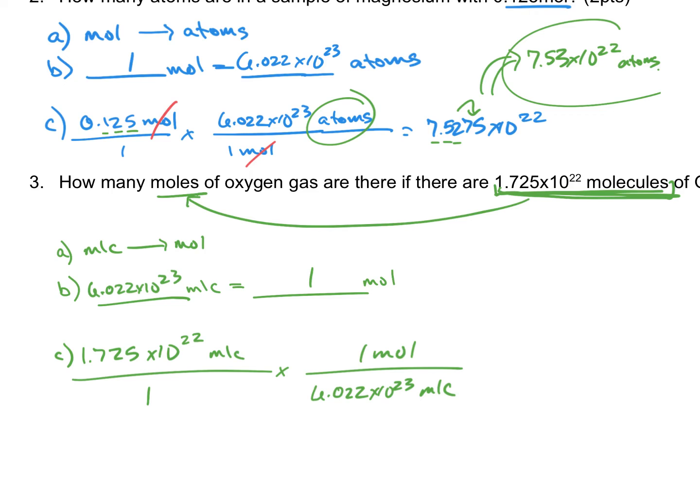times 10 to the 22nd divided by, now a lot of people are going to make mistakes on problems like this setup. If you have a number in scientific notation in the denominator and you do not use parentheses, your calculator does not understand the correct order of operations. So be sure you use parentheses for numbers like this, so that if you type it in correctly on your calculator, 1.725 times 10 to the 22nd divided by 6.022 times 10 to the 23rd would give you a number that looks like this,